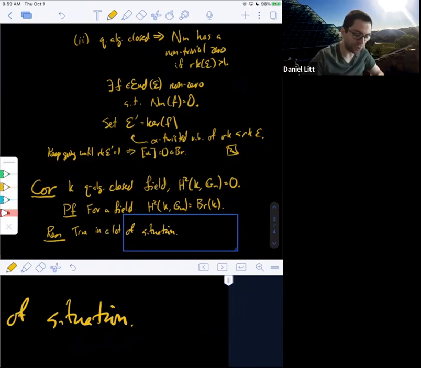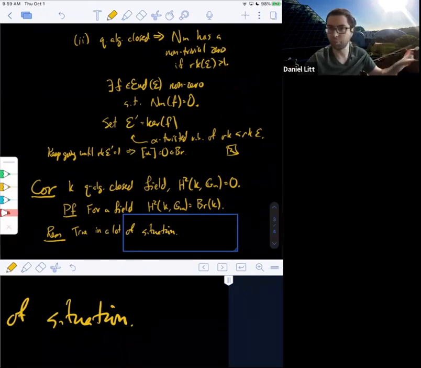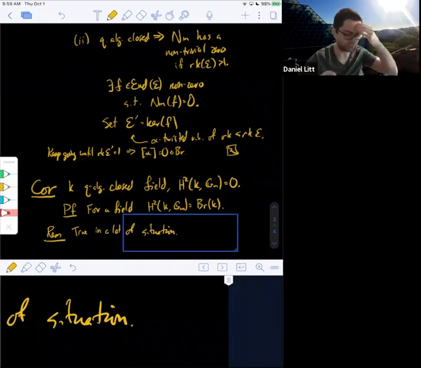Yeah. So what's true in very wide generality is that the Brauer group is equal to the cohomological Brauer group. So that's not true for all schemes, but I think it's true, for example, for all affine or maybe quasi-affine schemes. Maybe even weaker conditions than that. Maybe all you need is quasi-separated. I would have to check. Maybe quasi-compact and quasi-separated. So Gabber has a very strong result along these lines. But for fields, it's not very hard.